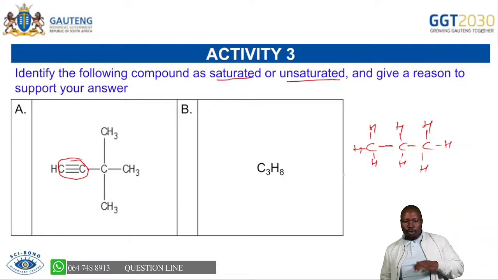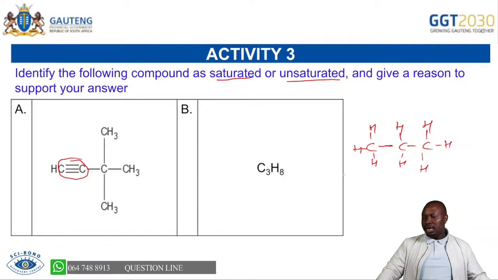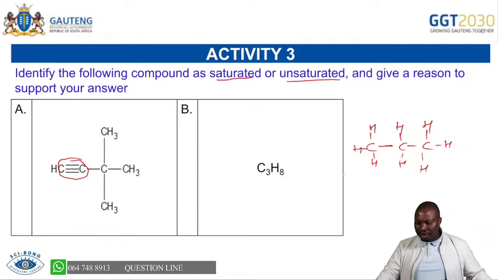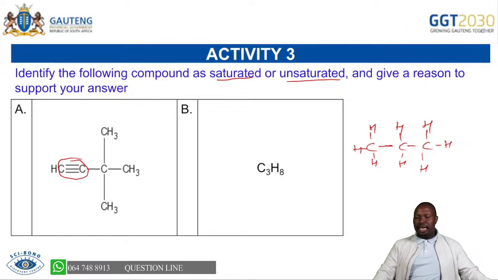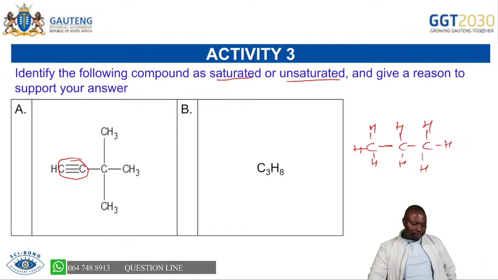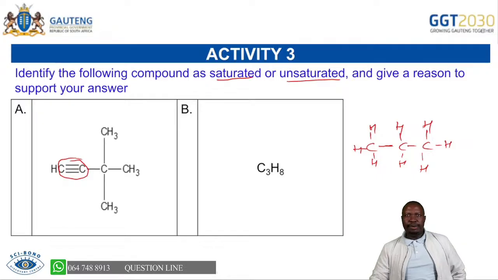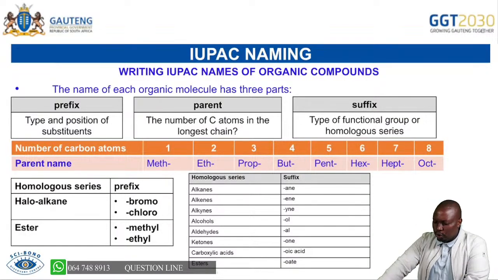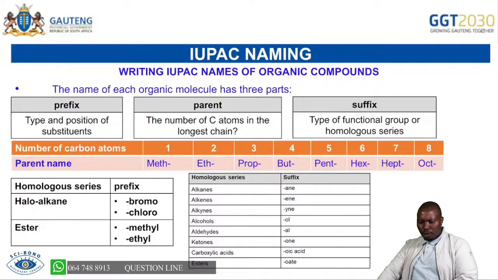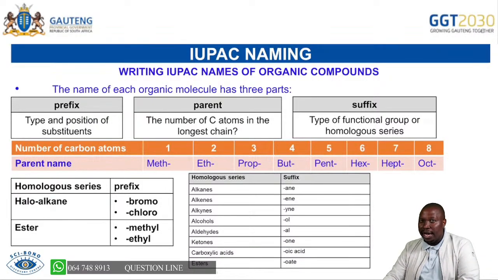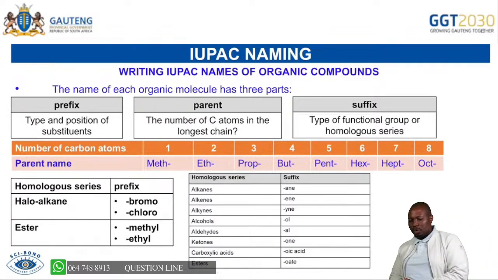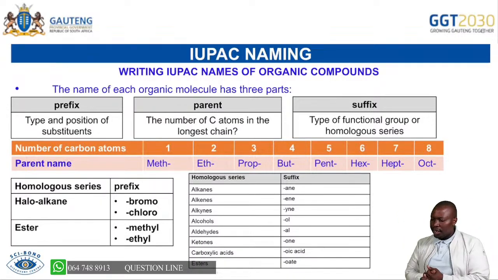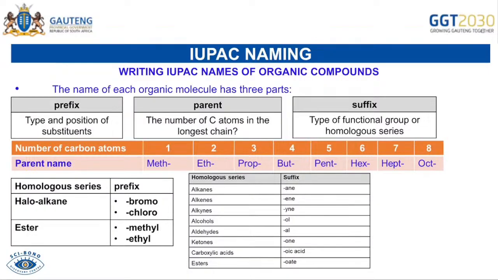So I think we have talked about the issue of saturated and unsaturated, and you are moving and you have the understanding. Now, let's go to the last part of our lesson, which is IUPAC naming. So we're going to do IUPAC naming. We'll move together, we'll help one another, so that I take you by hand and we'll move together. If you listen to me, you will enjoy naming. You will have no problem when it comes to naming. You'll be able to move forward.